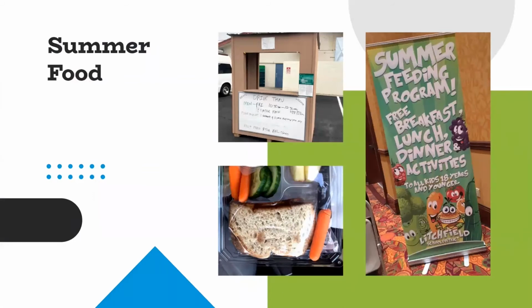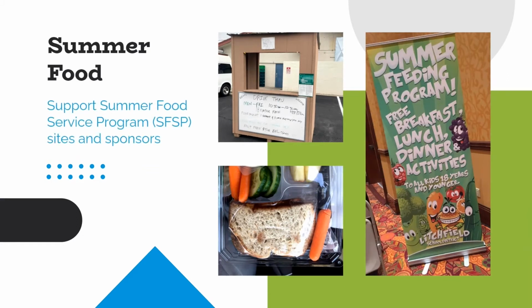PSE changes in the summer food setting focus on supporting Summer Food Service Program, or SFSP, sites and sponsors. This activity could look like working with a coalition to address summer hunger issues, identifying and addressing underserved areas, providing meal site activities for families, assisting partners with fundraising for mobile meal distribution, or promoting meal locations through kickoff events.